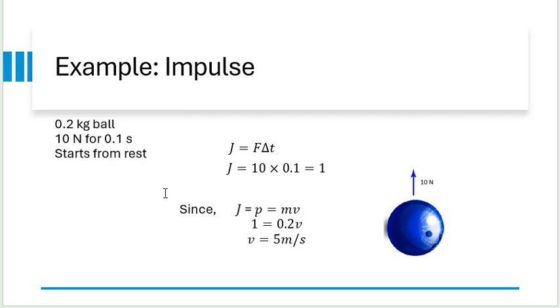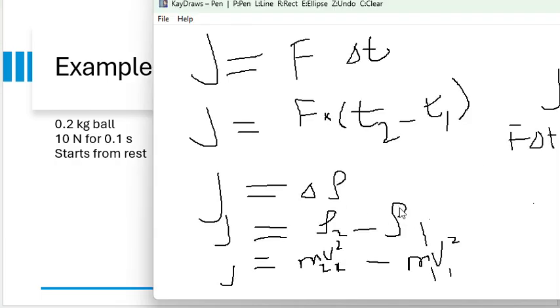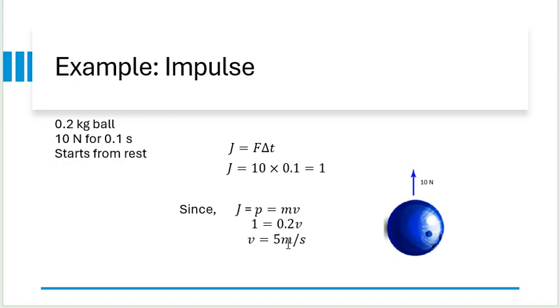All right, example for impulse, we have a 0.2 kilogram ball, and of course that's your mass. 10 Newton force, we apply for 0.1 second. So now we can get the impulse. Since the impulse is equal to the change in momentum, and here you have only one situation. Your first situation is at rest, which is this. Row 1 starts from rest, so this is completely zero, therefore we can immediately write just 1 like that. Of course your mass is